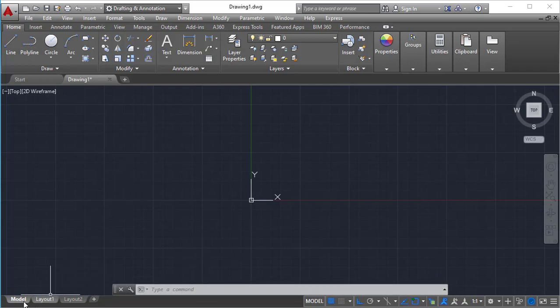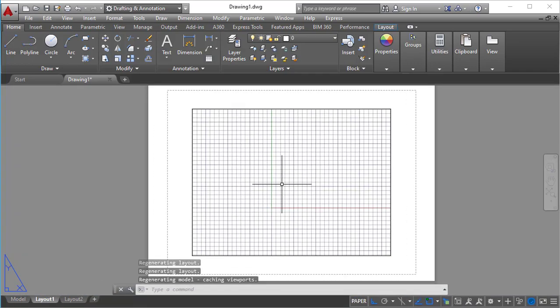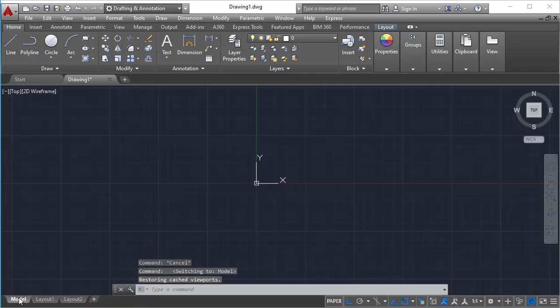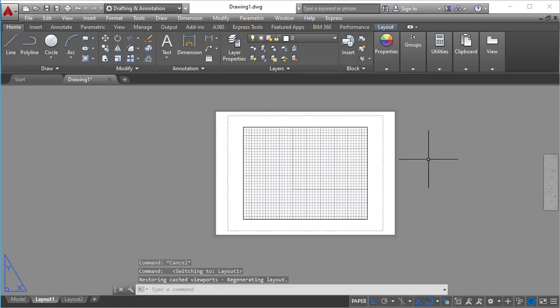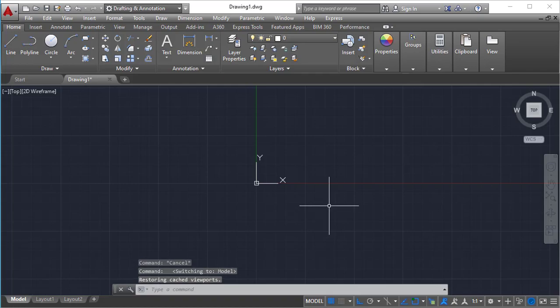And in the bottom left corner we can see model and layout, model space and layout space. In the model we can do the 2D and 3D works also. In the layout we can see only 2D works. In other words, we can say model is the graphic window, layout is a paper window. See, you can see the paper. While we go for printing and other options, I will explain everything. And at the bottom right corner we have this function toggle.